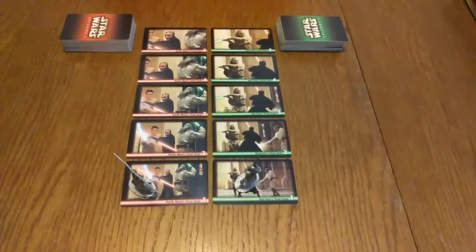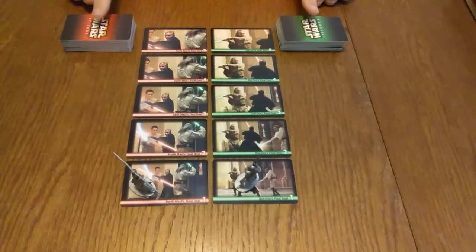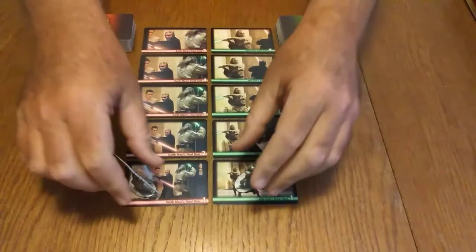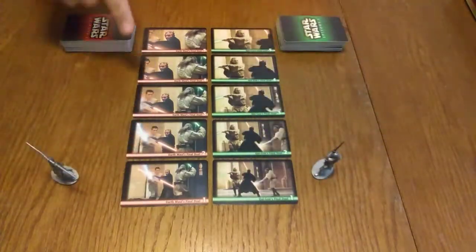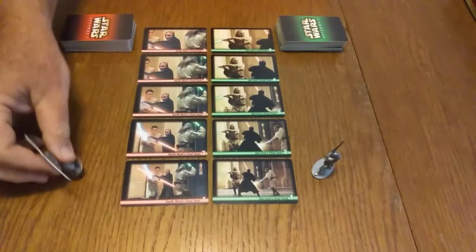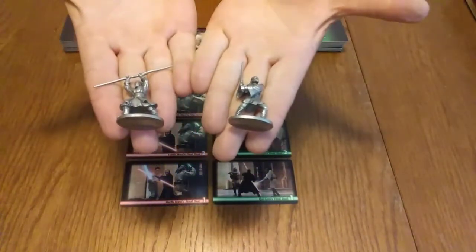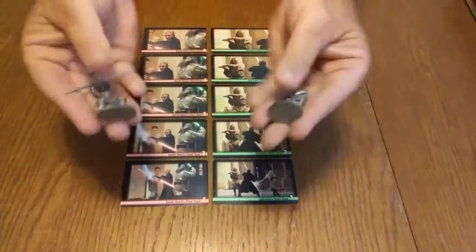Okay, so here we have the setup. In the game, you'll have 2 decks for the Sith and the Jedi, and then you'll have these 5 track cards that show the stages numbered 1 through 5. And then you both get these cool pewter figures of Qui-Gon Jinn and Darth Maul, just as a representation to